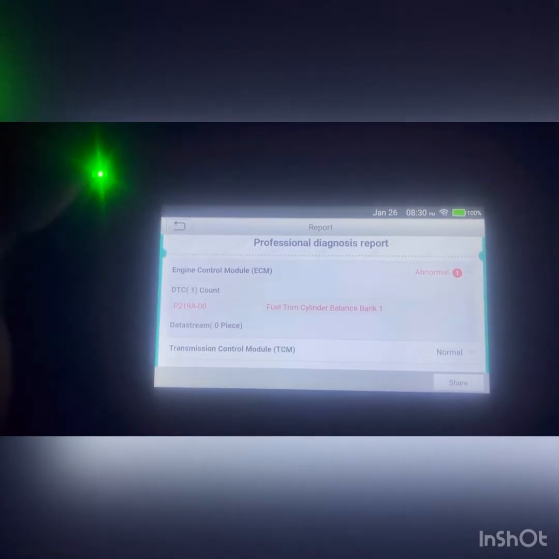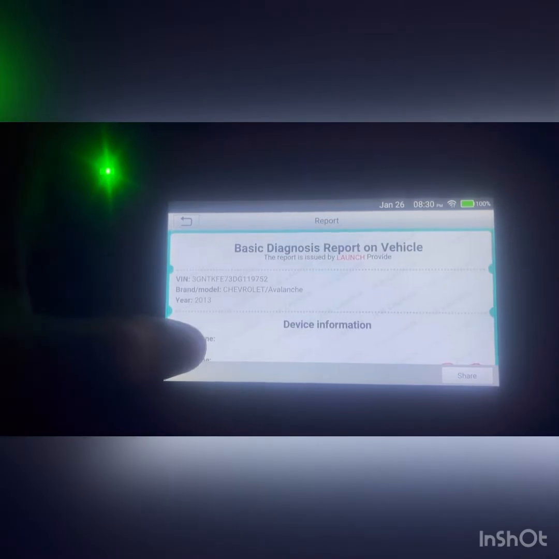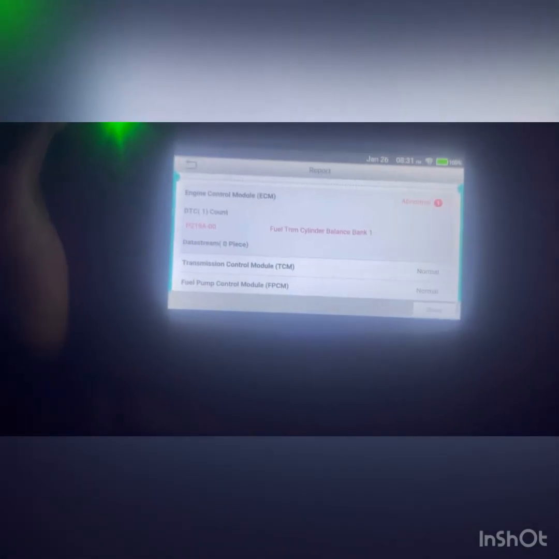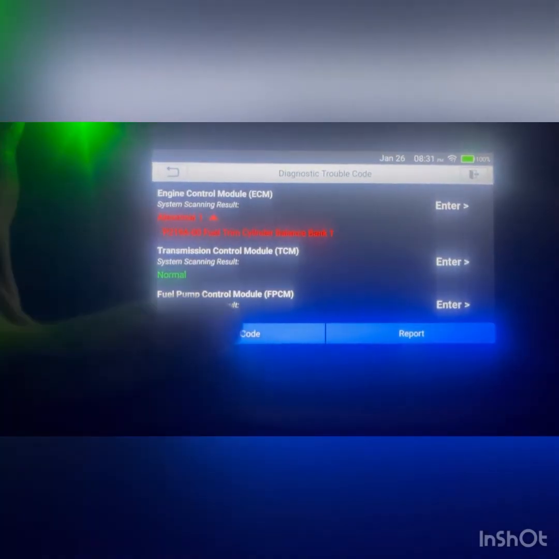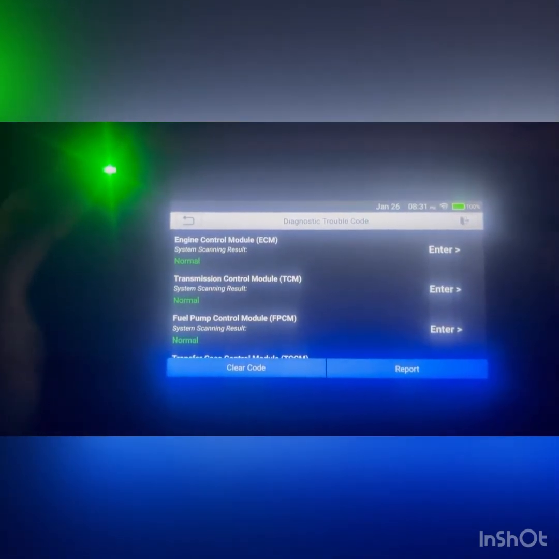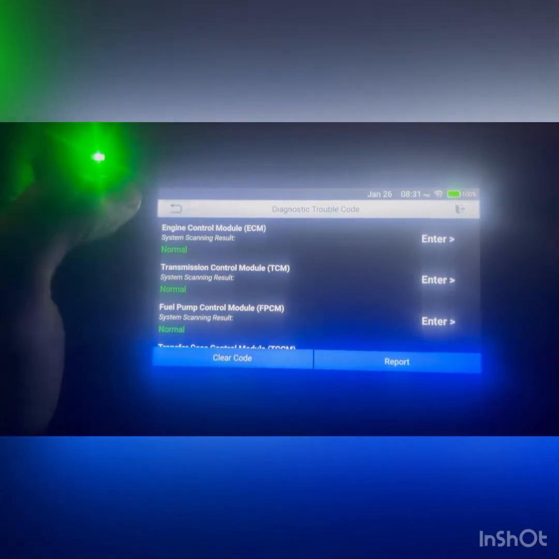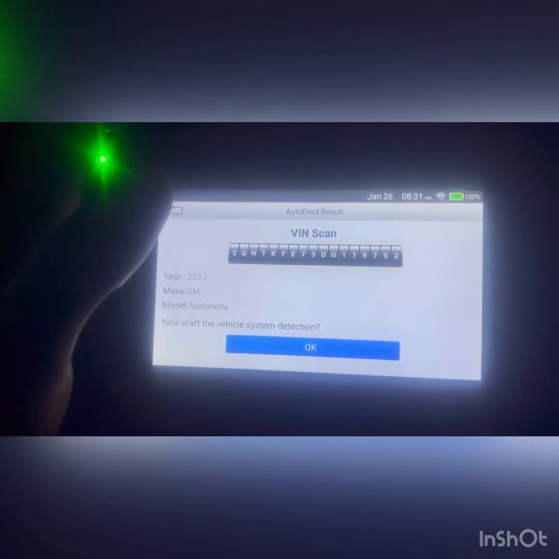If it was still active, I would also be able to clear it. I can't clear the code whatsoever. So, actually I can, hold on, let me see if I clear it. Yeah, okay. So now with that code out of the system, we are going to drive this thing and see